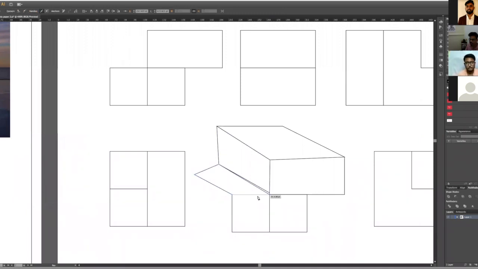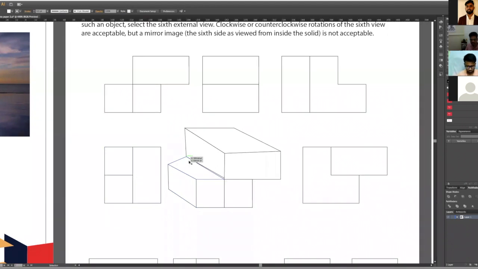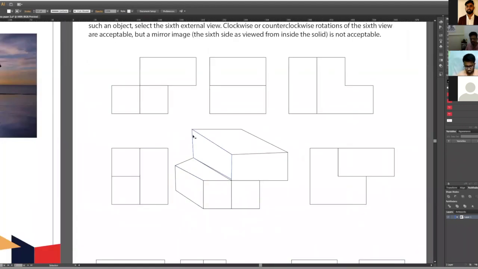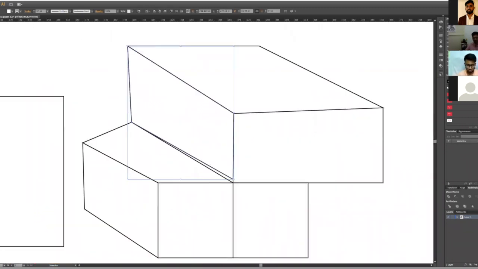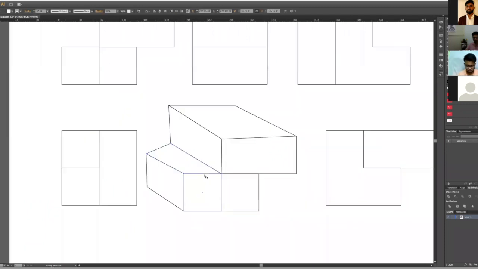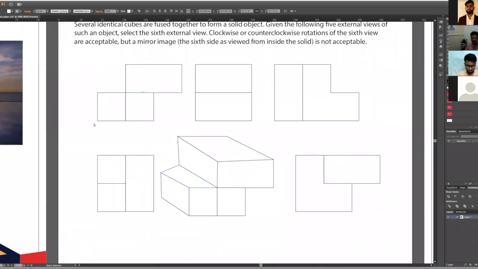You should do it with me, actually. This is just the extrude part. It's not very correct, but try to keep all the lines equivalent to each other. Now see, I have the side view, which is this way.